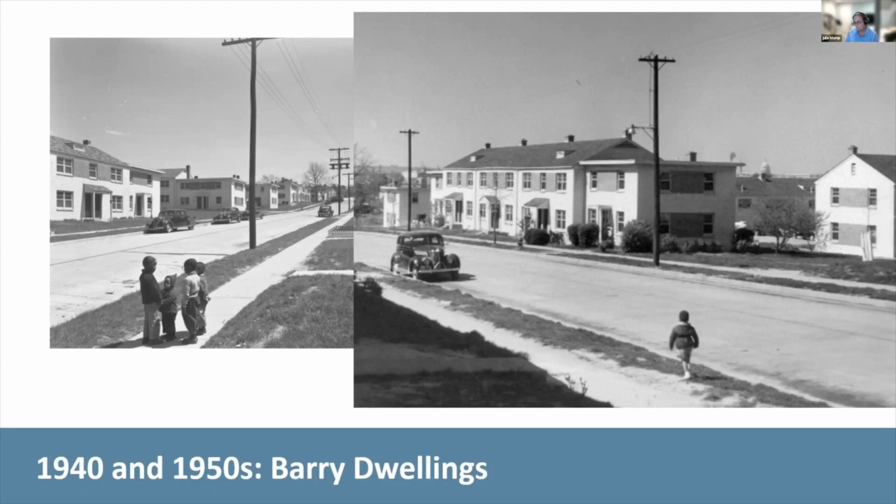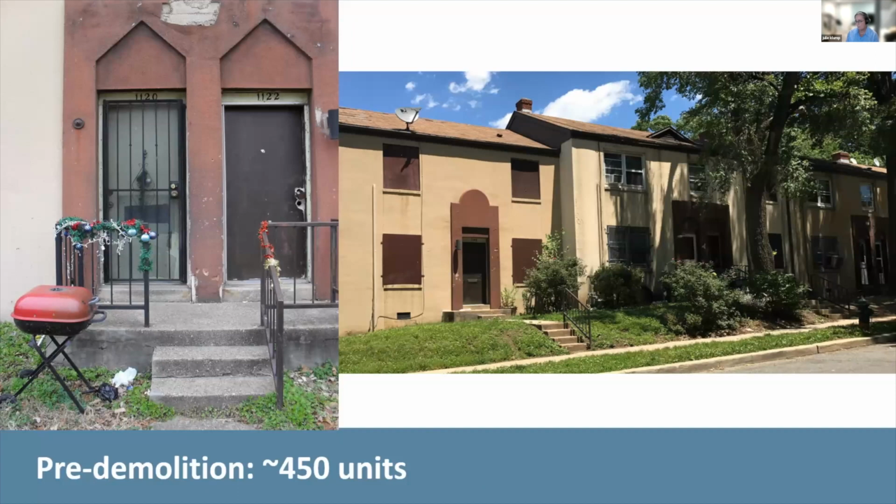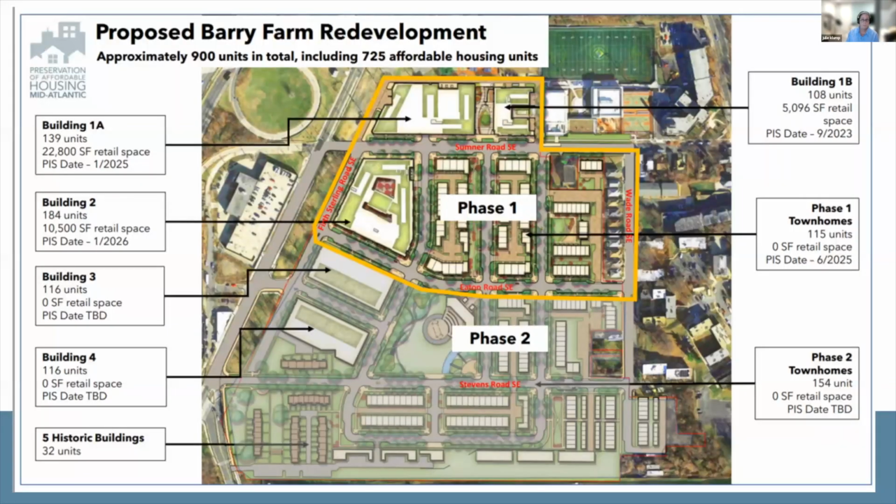So fast forward, this is how it looked when we bought it. And this is a co-development partnership with the DC Housing Authority. It had changed a lot. The wood frame was demolished, and then it was block, and then it was ultimately stuccoed. And you can sort of see the final condition here before it was determined that the site really should be redeveloped. It was 450 units.